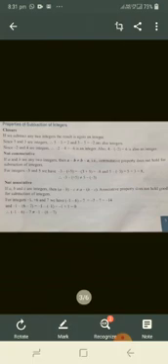Next one, properties of subtraction of integers. If we subtract any two integers, again you will get an integer. For example, if you subtract 5 minus 3, you will get 2. 2 also an integer. So, we can say that integers follow closure property over subtraction. But integers do not follow commutative and associative property. We can say that integers are not commutative nor associative.